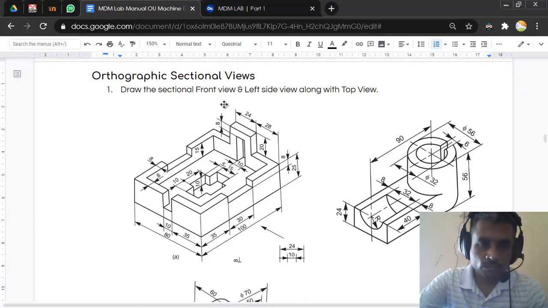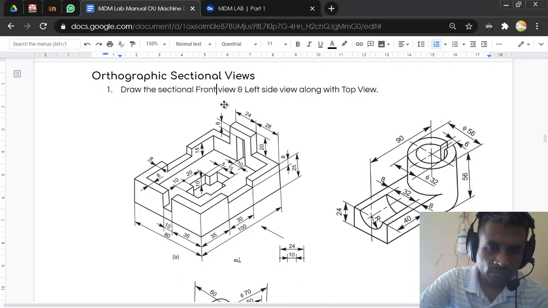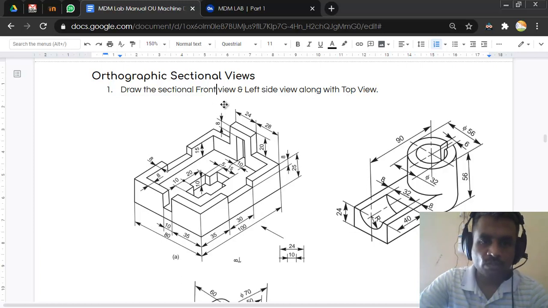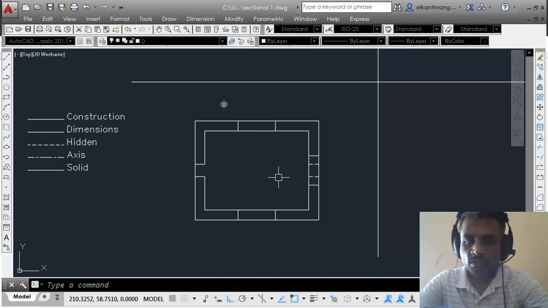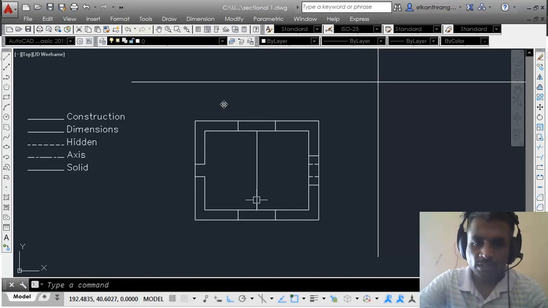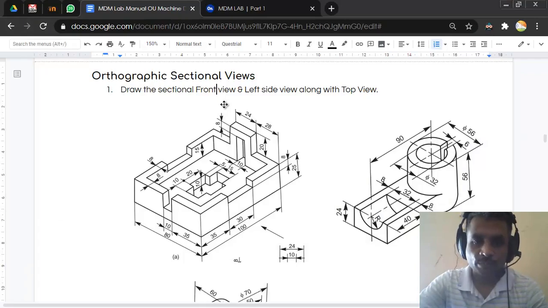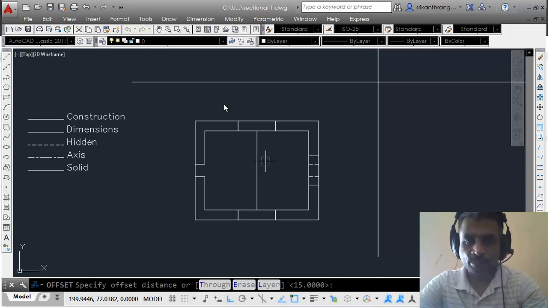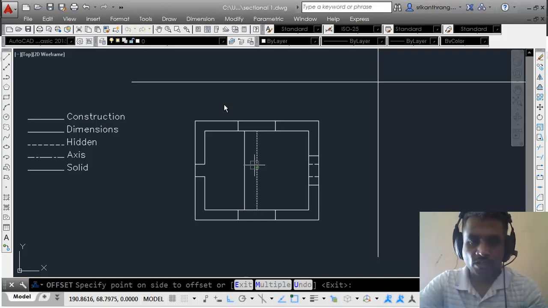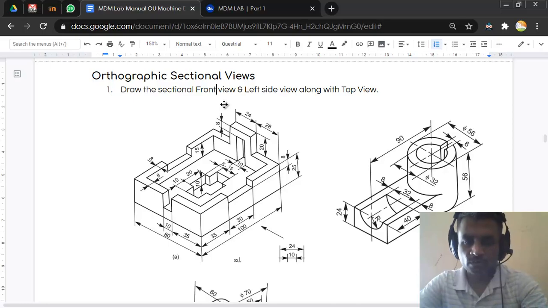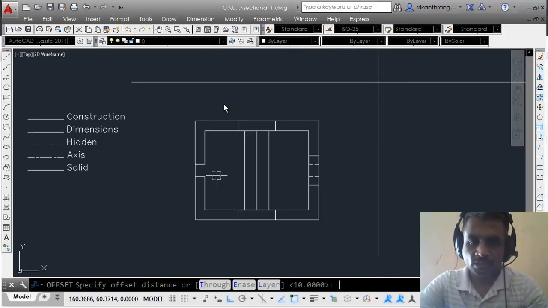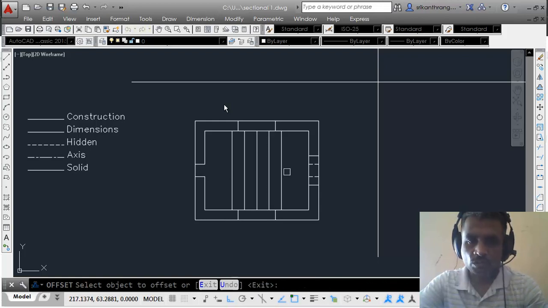So having hidden these points, I just need to create the inner part. So we'll have to start at some point, and to do that, I guess distances from edges have not been given. So we'll just assume that this particular whole diagram is exactly at the center. So for that we'll just have to find the center. Just join these 2 points, and the midpoint of this can be taken as the center point. Now from the center I'll have to take a distance of 20. So to get 20 I'll have to take offset of 10 on both sides. I'll take offset 10 on both the sides, and then from there again I need 10 more. So again offset distance of 10 mm this side and this side.